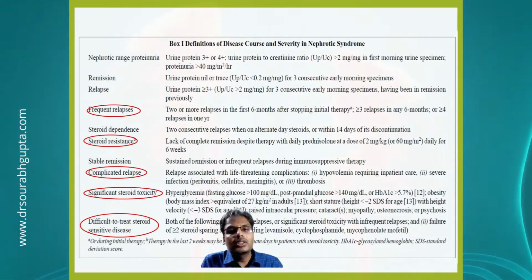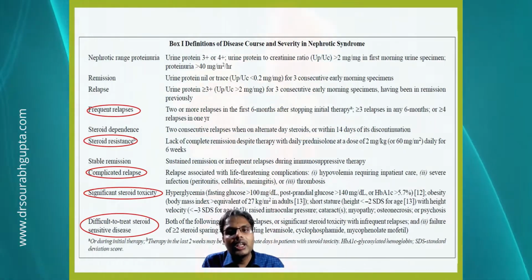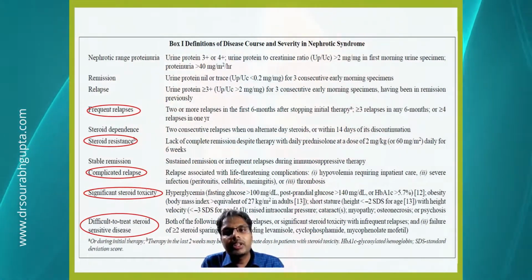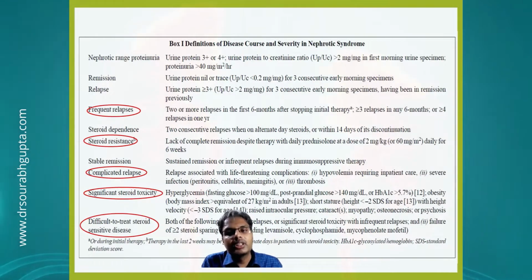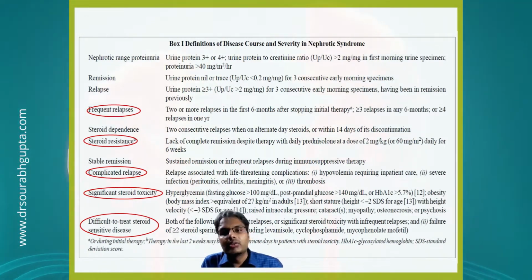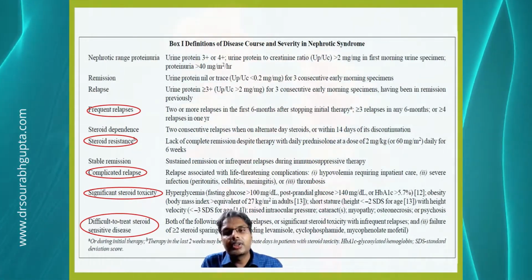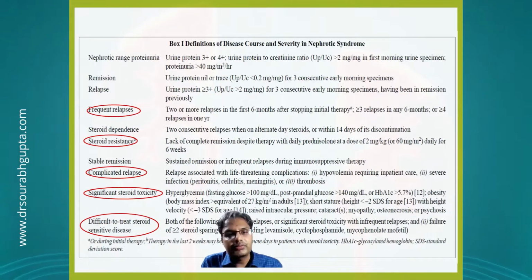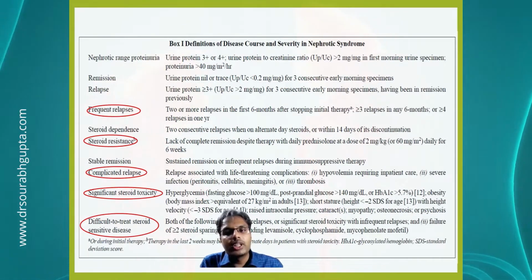Frequent relapses. So till now the definition had 2 or more relapses in the first 6 months or 4 or more relapses in any 1 year. Now they have included one more thing which is probably relevant, is 3 or more relapses in any 6 months. So if this happens, one will be labeled as frequent relapsing nephrotic syndrome, and it has clinical implication in terms of early introduction of alternate therapy. Steroid dependent, the definition is not changed, that is 2 consecutive relapses on alternate days or within 14 days of